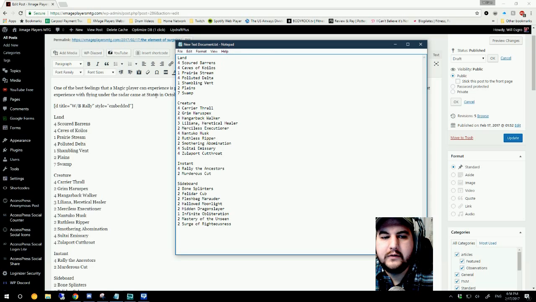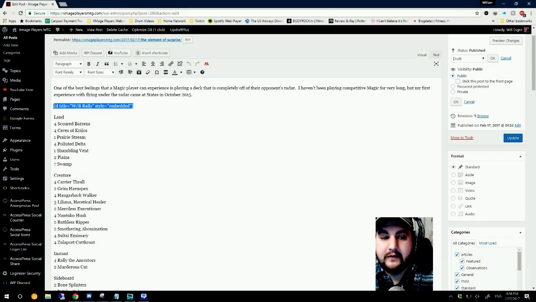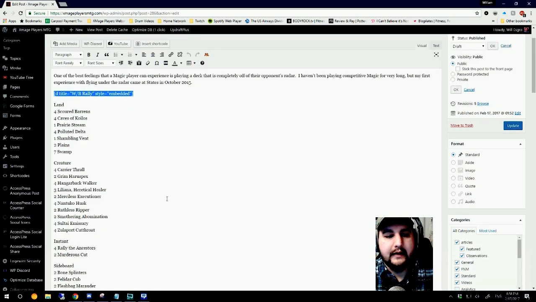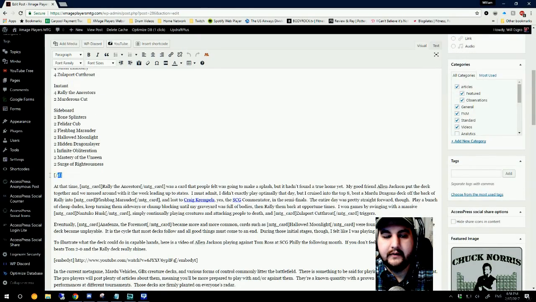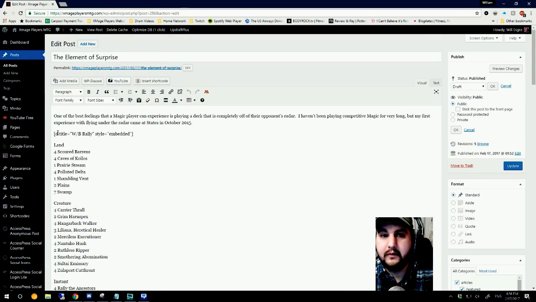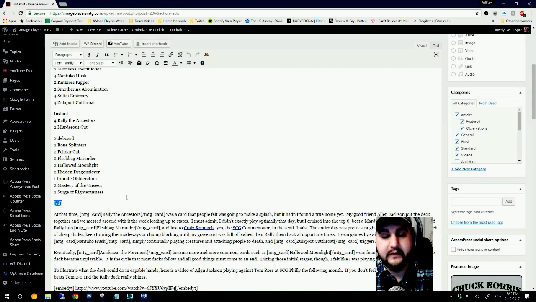That will allow us to just go in and put in the coding. I'll show you. It's honestly just the D title equals, and then the title of your deck. Style is going to be embedded, and that makes it pretty, so you see the deck inline and the little card preview on the right-hand side. And then finally, you end it with an end code. This is what's called shortcode on WordPress. The D starts the block of code, and then whatever modifiers are included there. And then that's the end of the deck code.